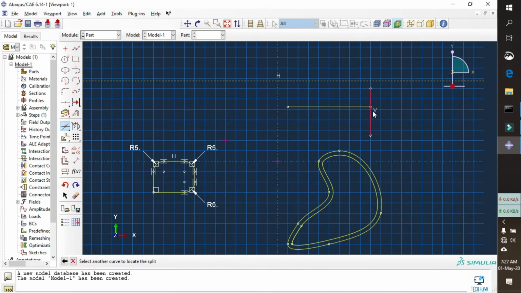But if you want to split here by this line here, so if you select this curve or this geometry, click here, it will split in 2 portions. You see, 2 portions. But previously it was only one. So this is the function of the split tool. And translate. If you want to translate something,